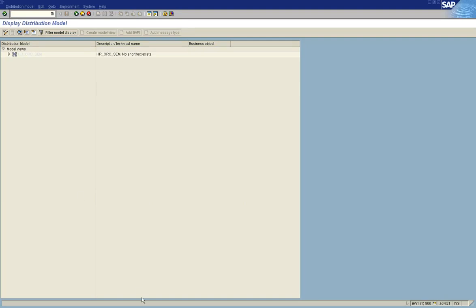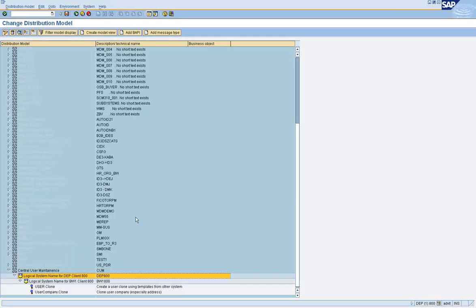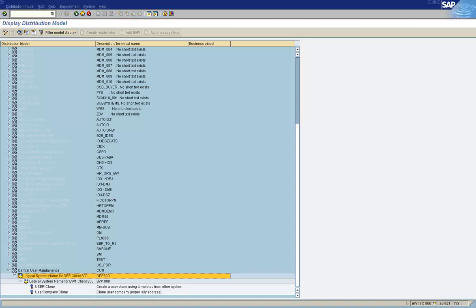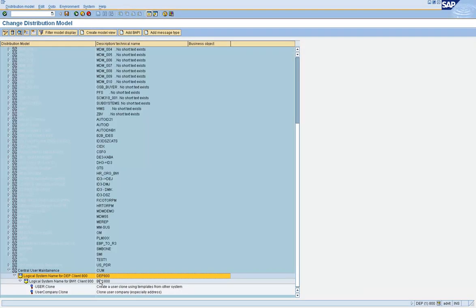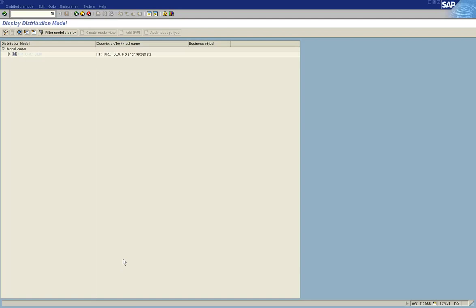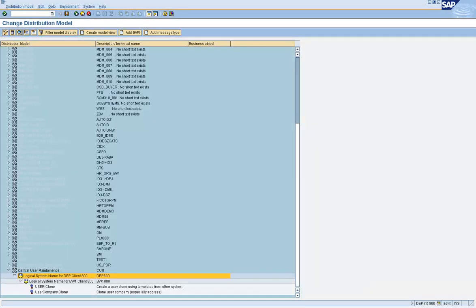Okay, so in order to get the model view which you created in the central client into the child client, you have to do a model view distribution. Okay, so click on save. I think we already did, and then you go to edit, model view, and distribute.